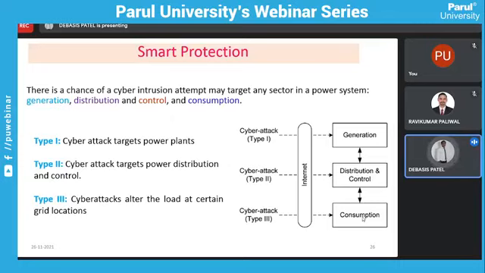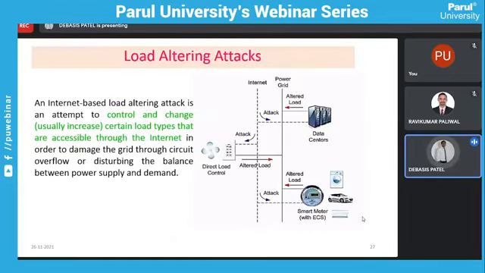To provide these protections, we are going for higher research in communications. We prefer higher technology to save and provide better protection. Clear? Now, load altering attack, which we discussed: they send the attack from your data centers and it will be damaged. Similarly, when it gives a signal to your smart meters, whatever the readings are can be altered or changed, right?